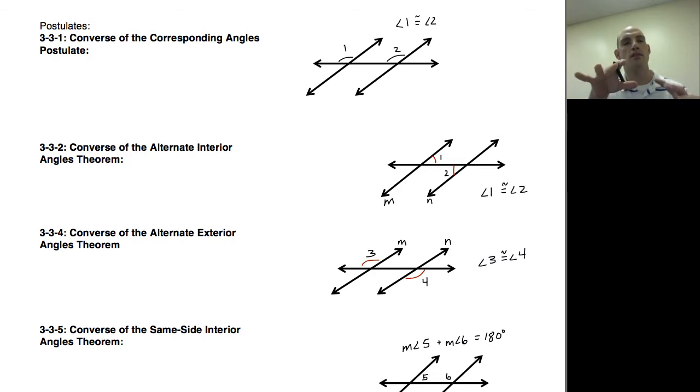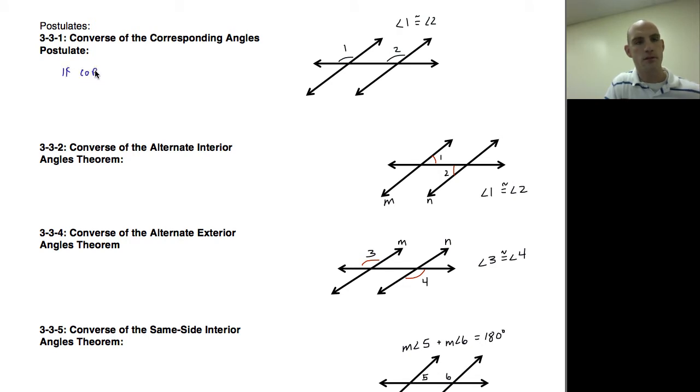We have talked about how when you have lines that are parallel, so they're already saying that they're parallel, certain relationships exist in those angles that are formed. Well, the converse is going to be where we're questioning whether the lines are parallel or not. In this example, they've marked angle 1 and angle 2, still two lines cut by a transversal, still 8 angles formed, but we're highlighting 1 and 2, and we're saying that 1 is congruent to 2. The converse of the corresponding angles postulate says